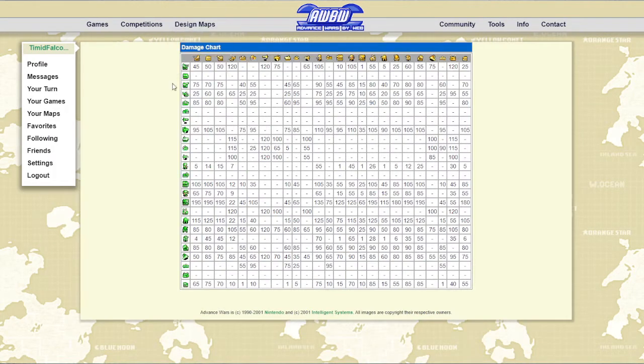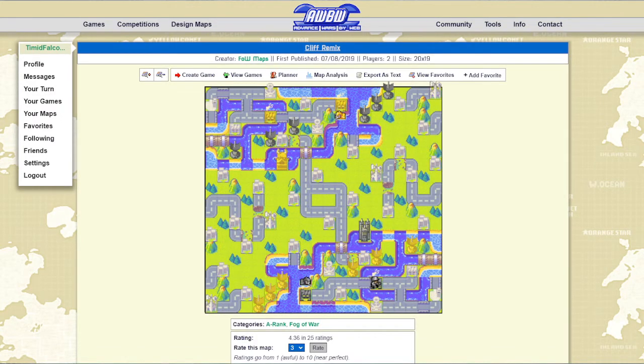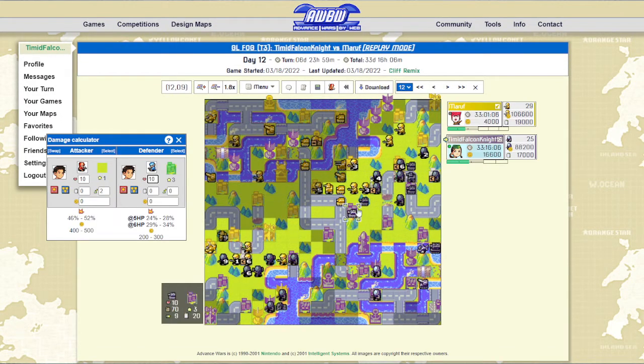And quickly I'm going to go right by the damage chart. This is for infantry and tanks. So infantry versus infantry, medium tanks versus medium tanks, mechs versus mechs. Mega tanks versus mega tanks aren't on that list, but neo tanks versus neo tanks is, as well as tanks versus tanks. So, as you can see, 20% is actually a pretty big